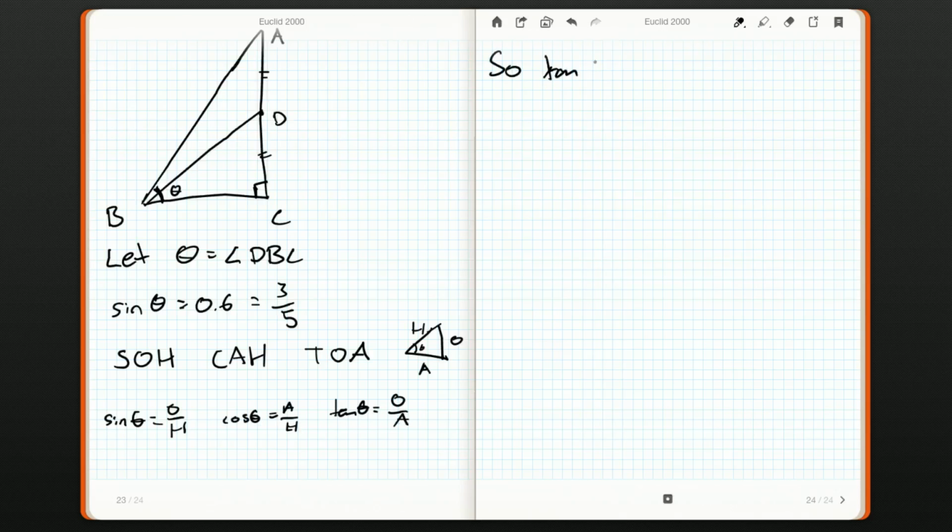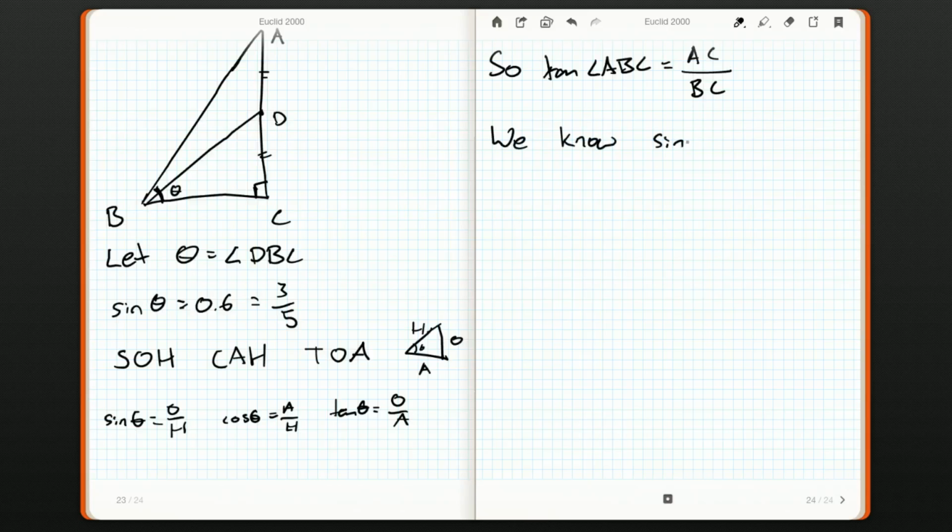So the tangent that we're looking for is tan ABC. Well, that's going to be the opposite, AC, over BC. So we're looking for the length AC, the length BC, or more importantly, the ratio between them. We don't know a whole lot about them, but one thing we are given is